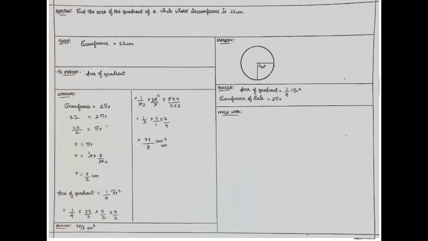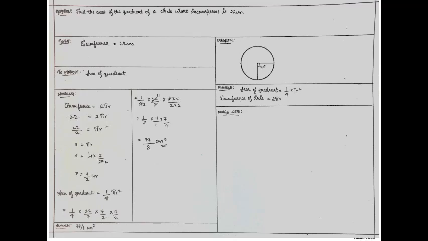So we are taking pi r to this side and 22 by 2 to that side. So if we divide, we get it as 11. So we are bringing radius to this side and taking 11 to that side. So we are going to substitute the value of pi, which will give you 22 by 7. As we are taking it to the opposite side, it will become reciprocal, which will give you 7 by 22. And then we are cancelling it and we get the radius as 7 by 2 centimeter.